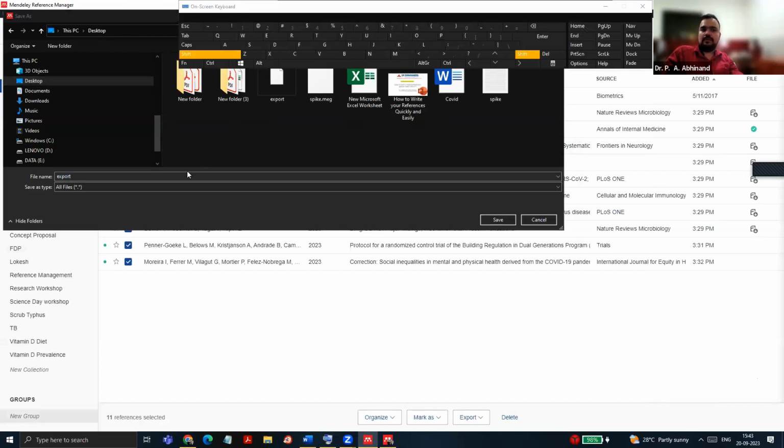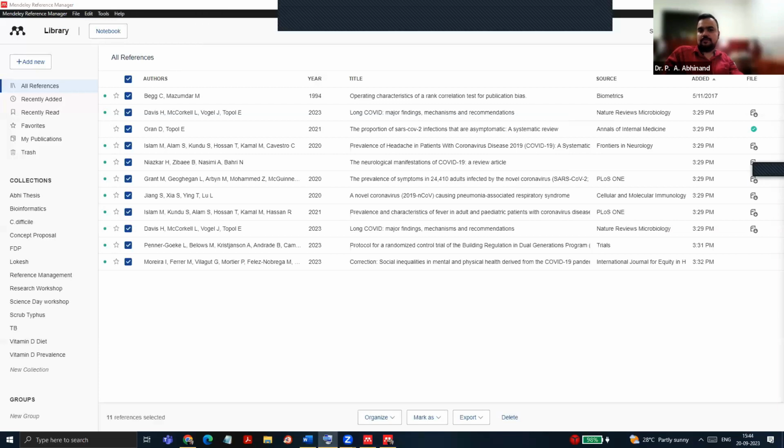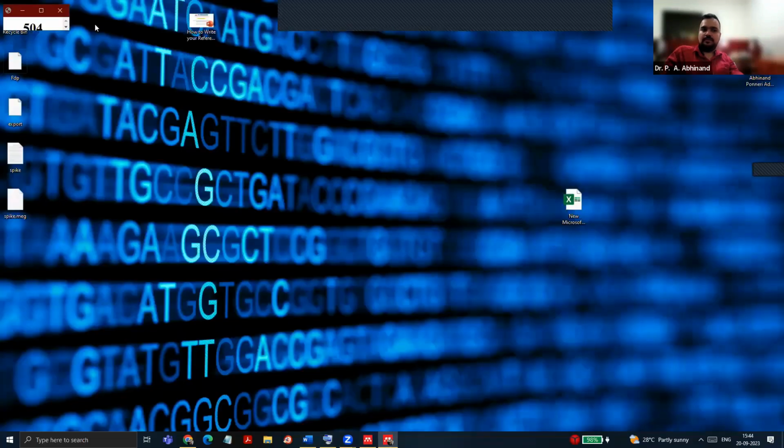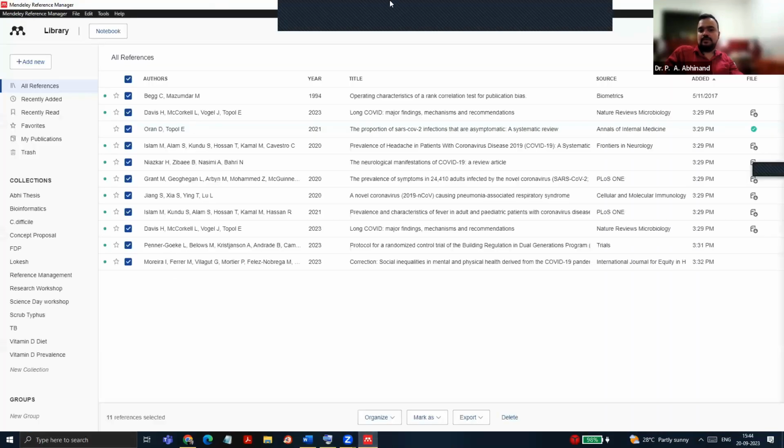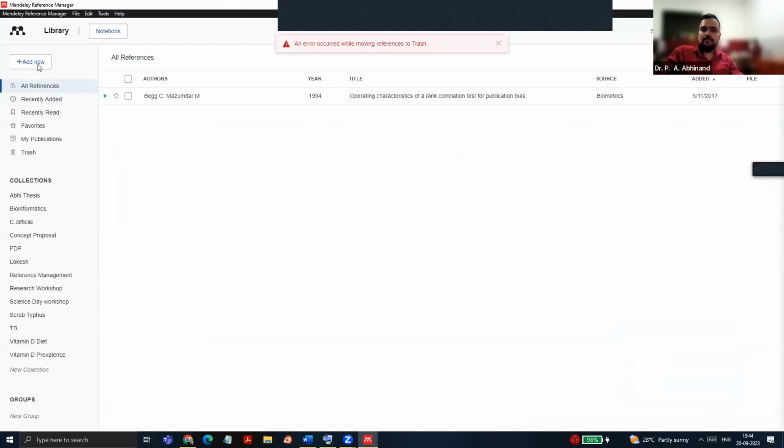Let me give the name as FDP, right? So it will be stored as a FDP.bib file over here. Are you able to see it? So this file contains all the references. Even if I delete these references now, I will be able to import the already exported file wherever I stored it outside.